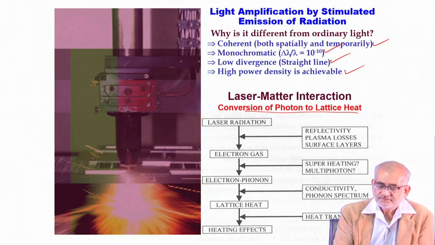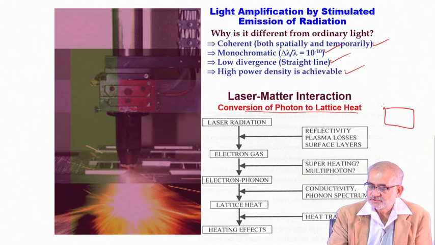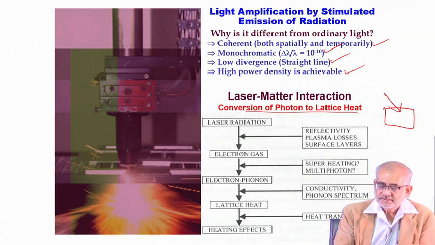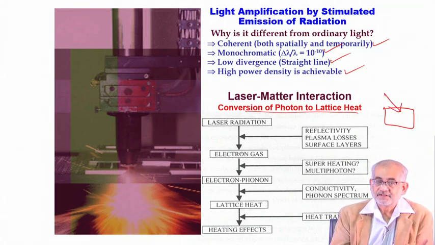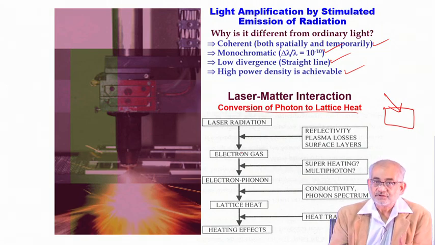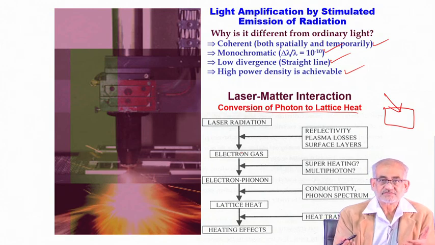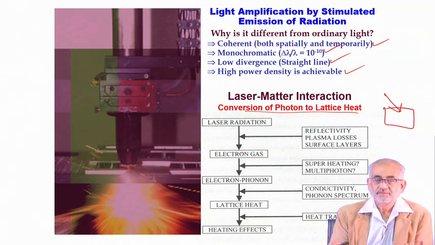Whatever the wavelength, when it is incident on a solid, it goes through basically two kinds of interaction. One is if you have a free electron cloud, there will be immediate excitation and de-excitation, and in the process the incident energy will be absorbed. If you have valence band electrons, meaning semiconductors and insulators, then the electrons will be excited from valence to conduction band. So the excitation process will be relatively slower,